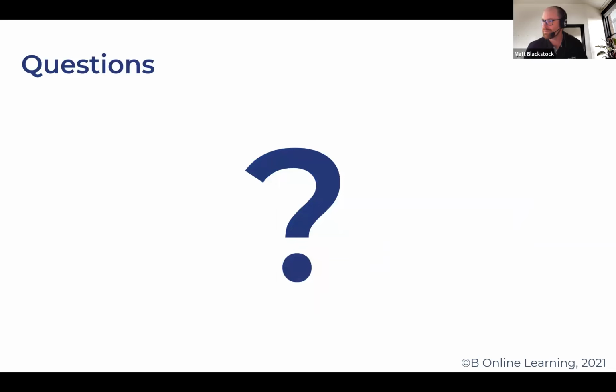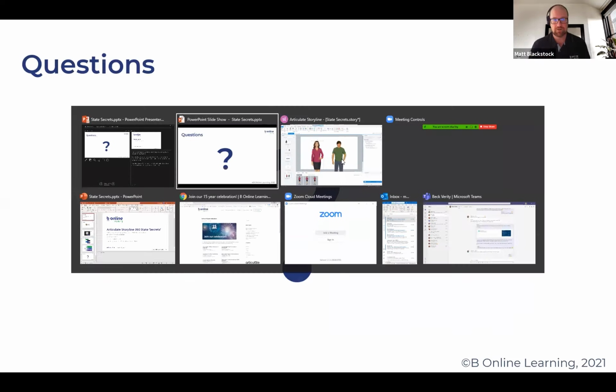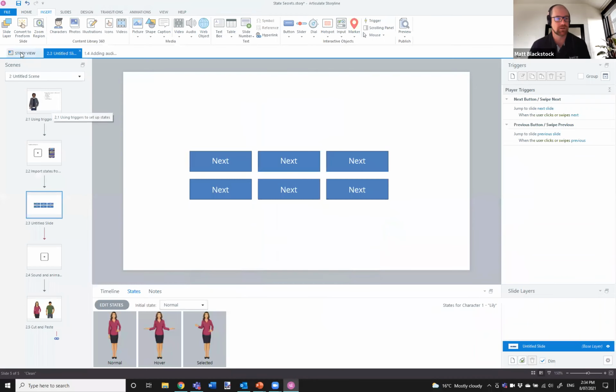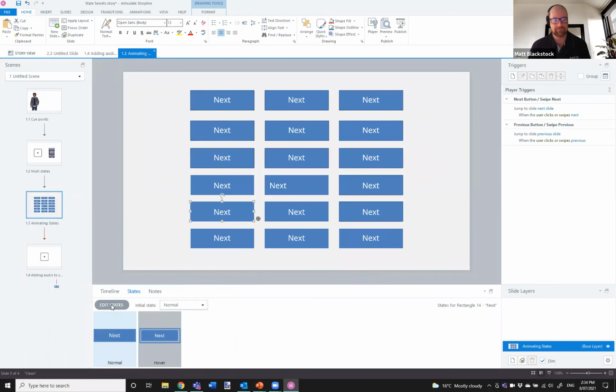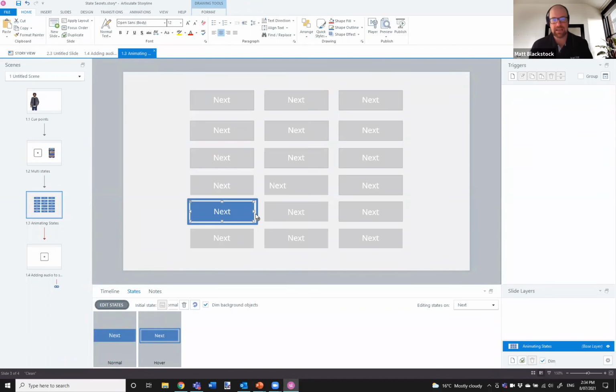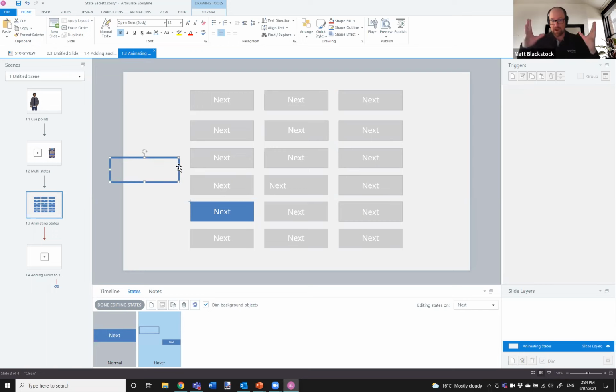Now there were a couple of questions, so let me see if I can hit those very quickly before people disappear. I think I got most of them. Isla asked, how did I do the one that circled around the button? All I did there, Isla, was create another shape. I'll flip back across so you can see it. I created another shape, made it a bit bigger than the actual button itself, and animated that particular shape. So that's the one that kind of sprung out.